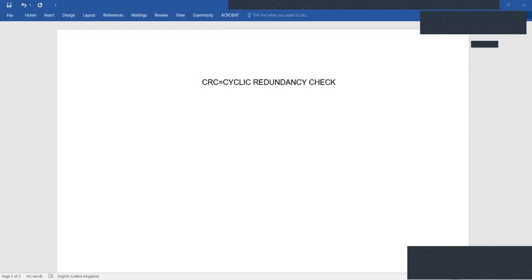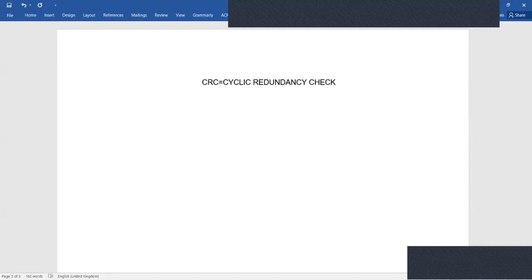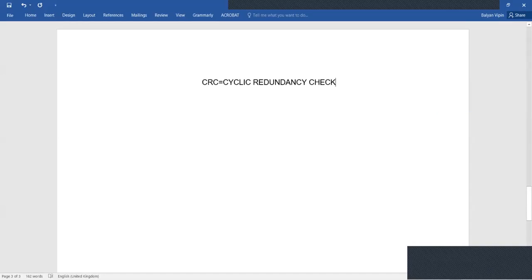Another method of error detection is CRC, or cyclic redundancy check, which is its full form. Suppose you have, let's say, 3 bits of data to send. In order for the signal, or the frame, to be received at the receiver without error, some additional bits are appended to the original data. So the transmitter itself is increasing the number of bits, and those bits are a load on the network also, but they help in reducing the total traffic on the network.